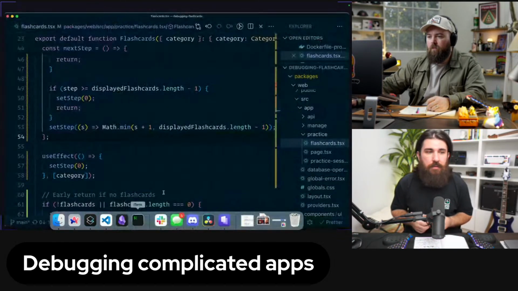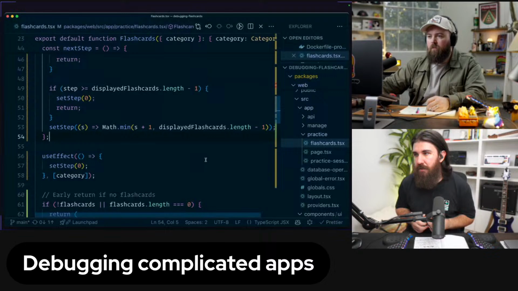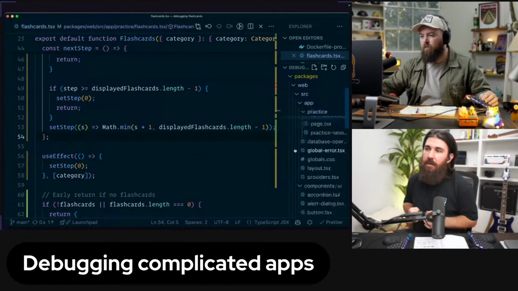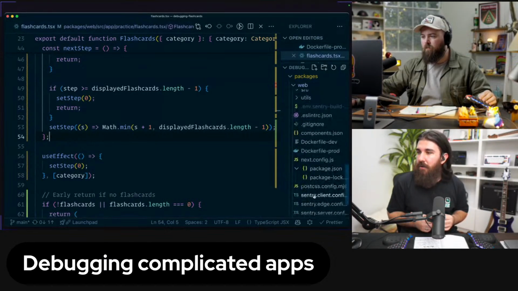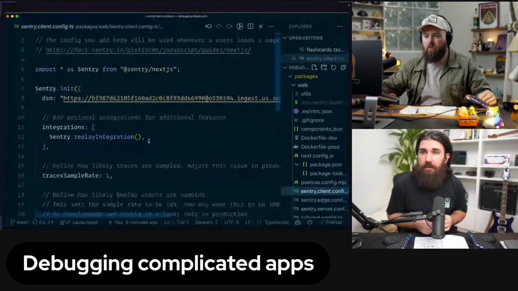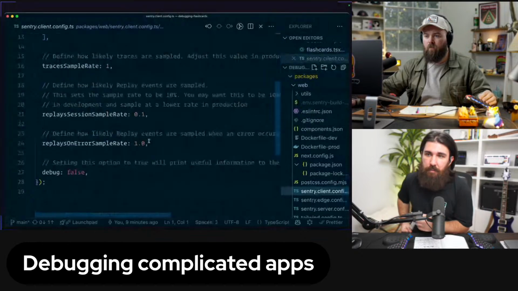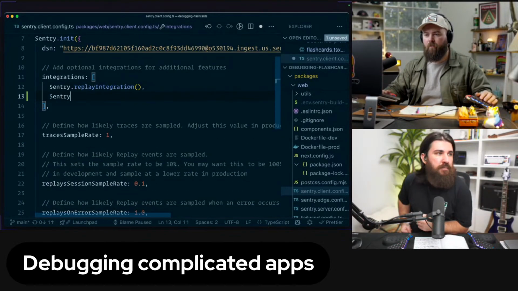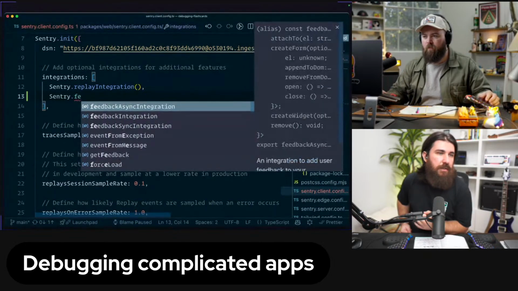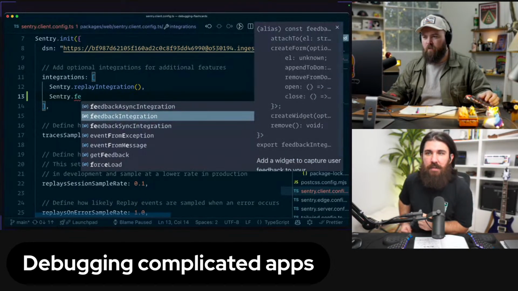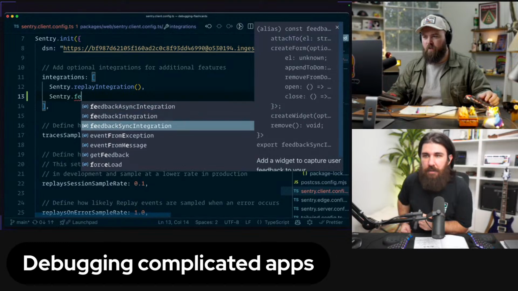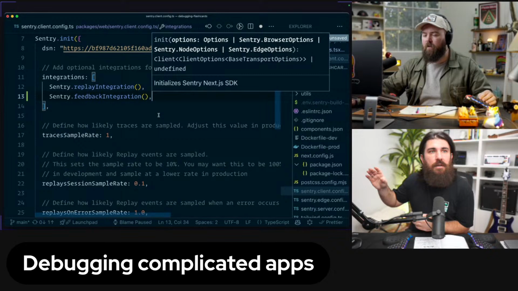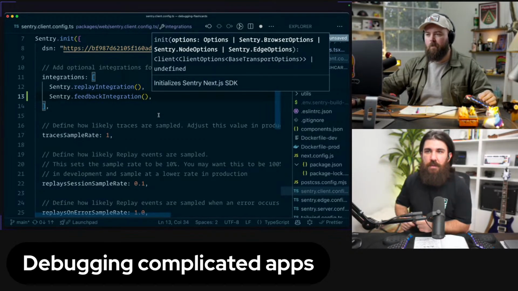And we're going to set up two things. So first, let's go to the Sentry client config, and we're going to add the feedback configuration, the feedback integration next to the replay. So we've got the replay integration. We're going to add the feedback. Ah, this one. Okay. Yeah. Feedback integration. And this is going to add a fully customizable button. Okay. That's like an overlay. You'll see it. That's one thing.